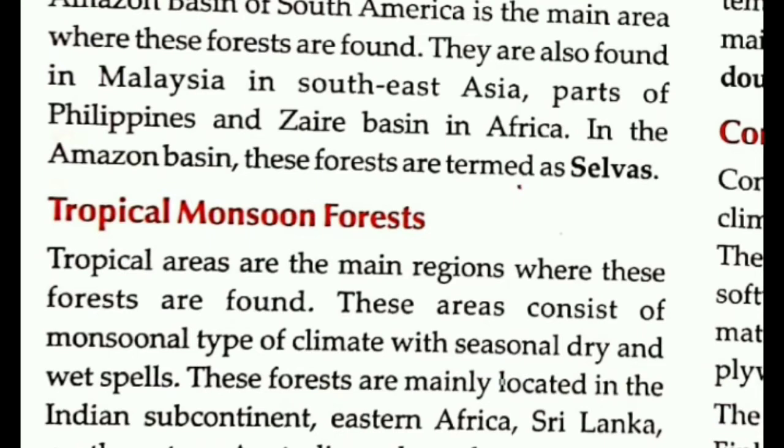These forests are mainly located in the Indian subcontinent, Eastern Africa, Sri Lanka, Northeast Australia,